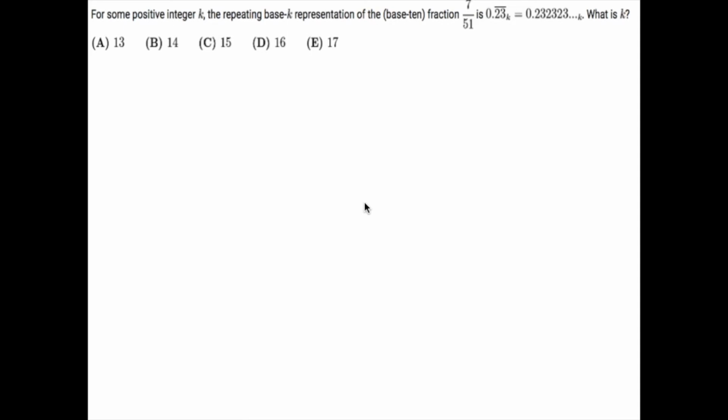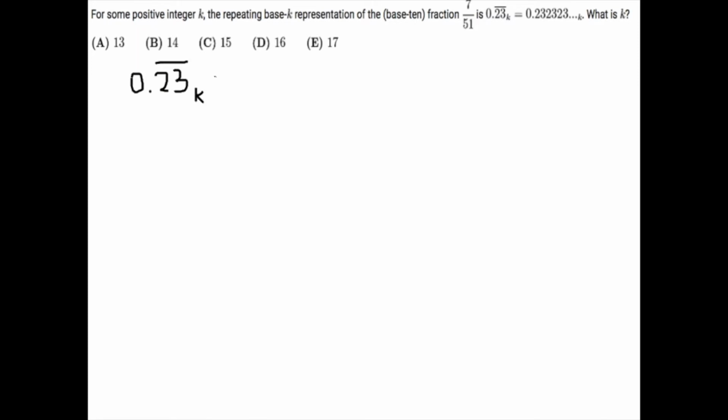So this is problem number 11. It reads, for some positive integer k, the repeating base k representation of the base 10 fraction 7 over 51 is 0.23 repeating base k. What is k? So for this problem, we have to convert 0.23 repeating base k to base 10. How do we do that? Well, we know that 0.23 repeating base k